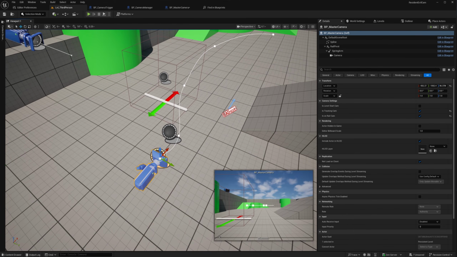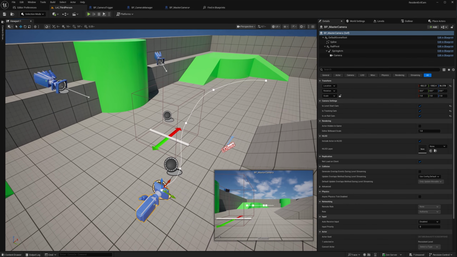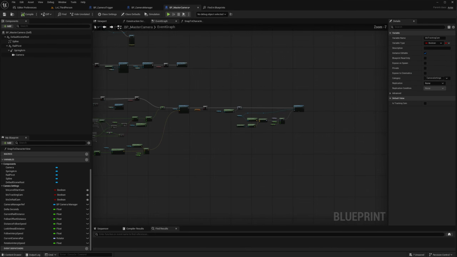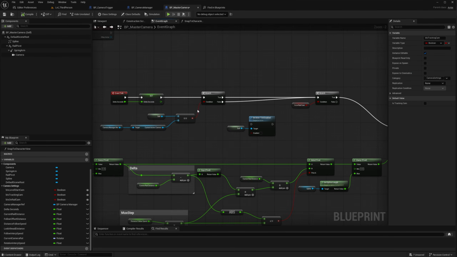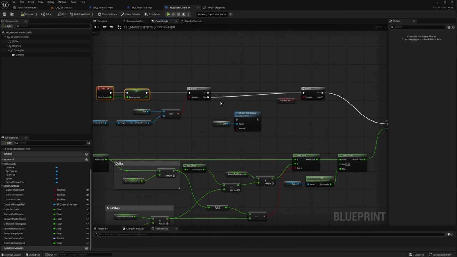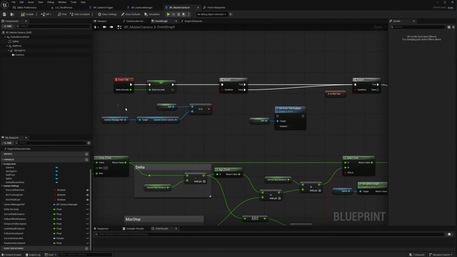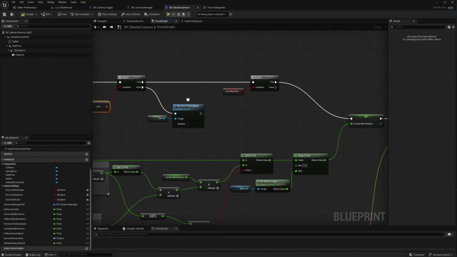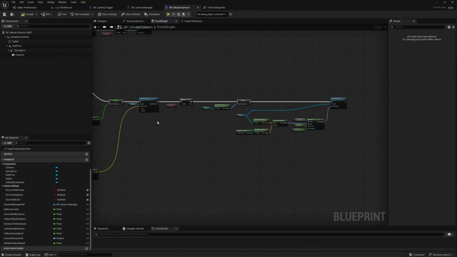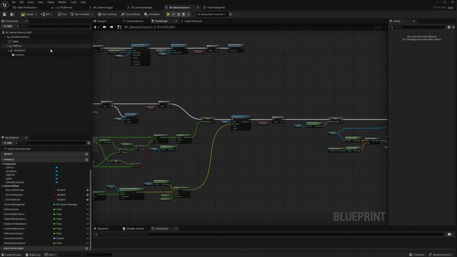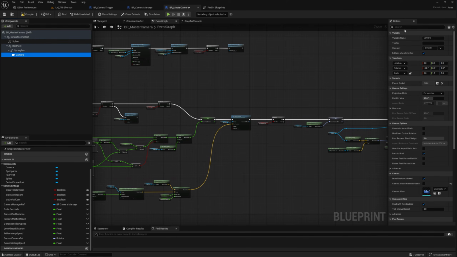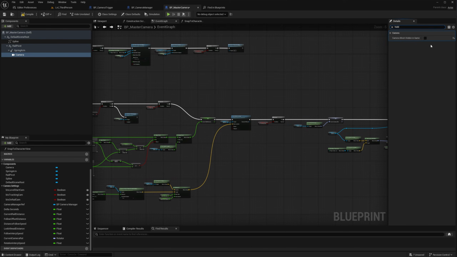Let's make this one the level start camera now. So it's kind of just going to be the default of everything. And then let's just set up our real logic. What we had before, we had if this is not the active camera, then we disable tick. So we want that again. And then we don't need to see the camera anymore, so we can just do hidden, camera mesh hidden in game, compile, save,